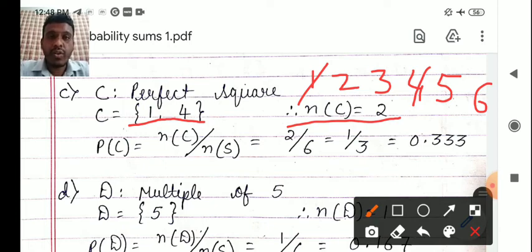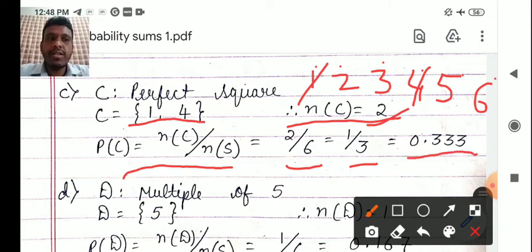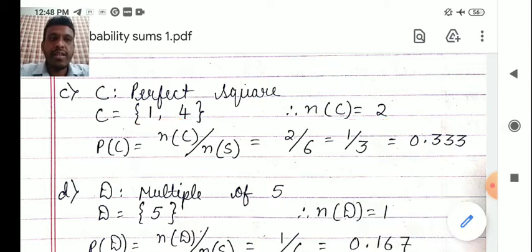Probability of C is equal to n of C upon n of S, which is equal to, n of C is 2, I've got here, n of S is 6. We have found it. N of S remains 6 because there are 1, 2, 3, 4, 5, 6 items in the sample space, and that remains the same for the entire problem. So 2 upon 6, which is equal to 1 upon 3, that is nothing but 0.33333. It goes on, you can write up to 2 or 3 decimal places. Fine. Next problem,